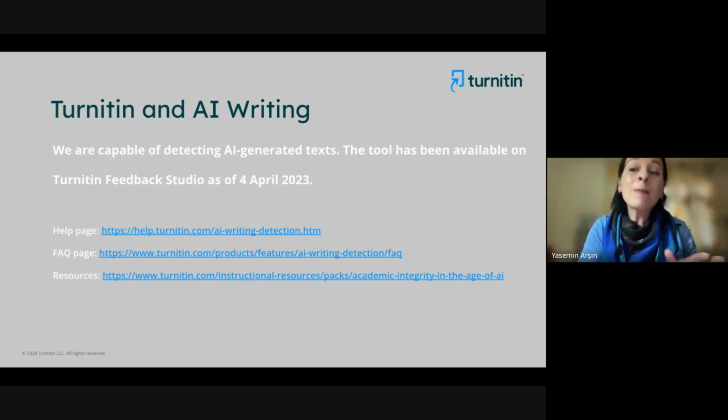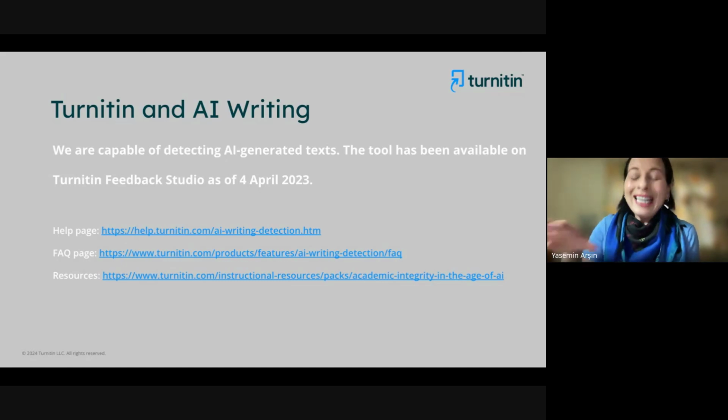At the beginning of the release, for example, we were able to only detect ChatGPT and other similar tools in terms of infrastructure. But right now, the detection scope has been extended to many generative AI tools.